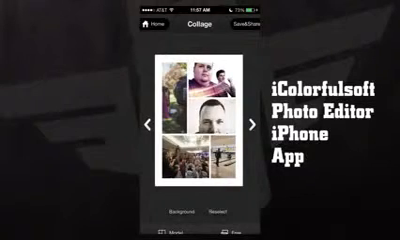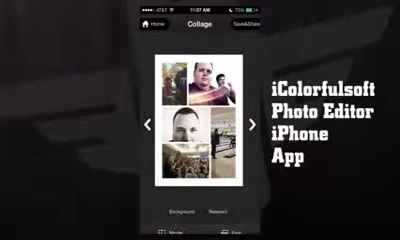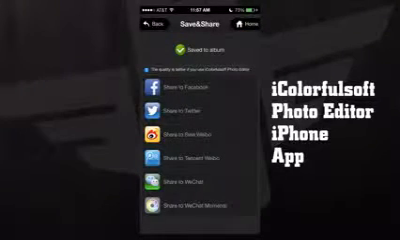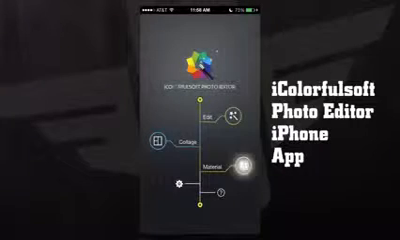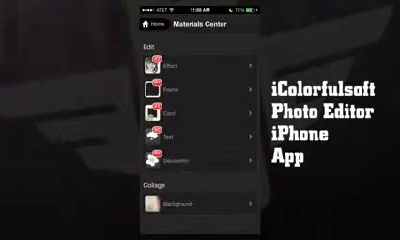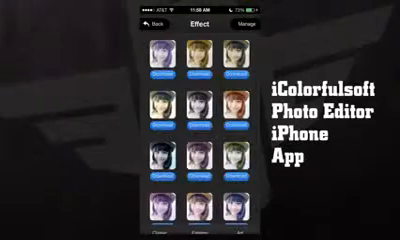And we can go ahead and keep doing some random effects, or we can choose this one. And now that we're ready, we can go ahead and save and share, and it saved it right there to our camera roll. Coming back home, we can even choose material, which we have some different effects here, or we